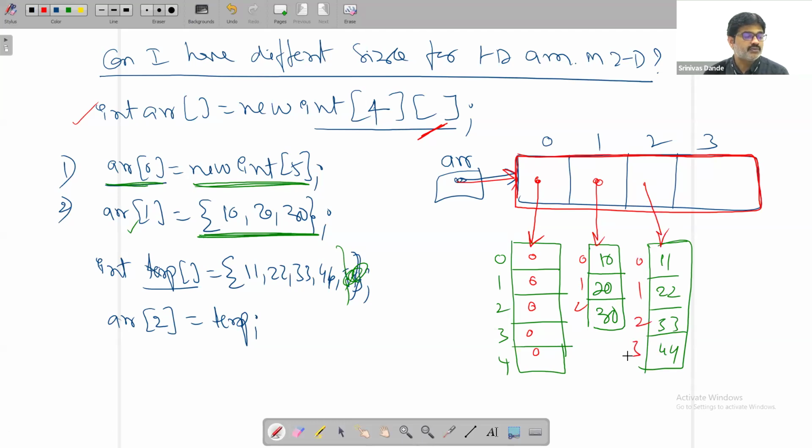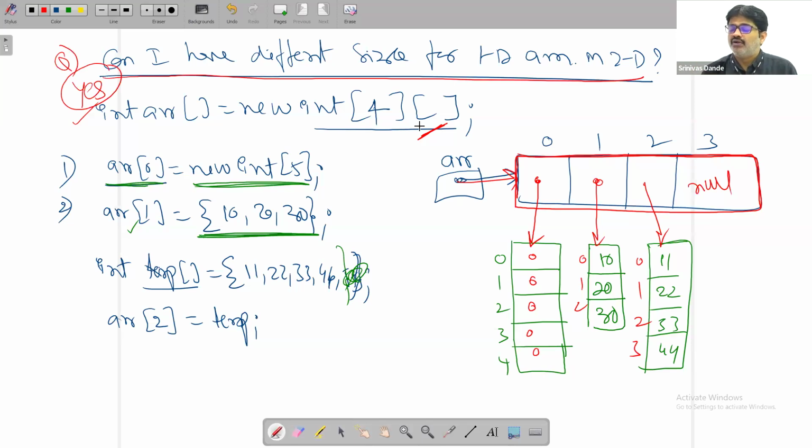Okay. And last one more array. I am currently giving it as empty, which means it still has a null value. So for my question, what is your answer, guys? Can I have different sizes for a one-dimensional array? Answer is yes, you can have. If you want different sizes,